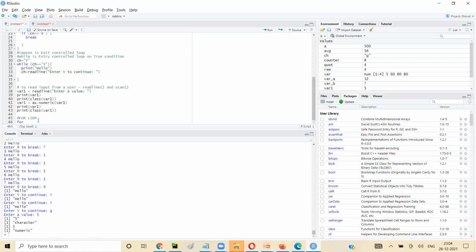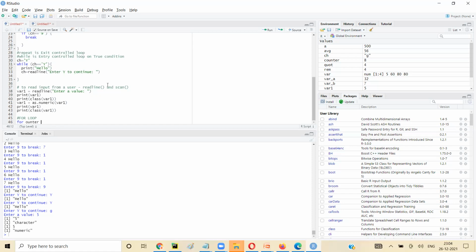So you can increase it by 1 or 2 or 3. By default, when you don't mention, it will get increased by 2. You have to decide whether it should start from 0 or 1 or 5 or 10, and till what number it should go. So I can say for